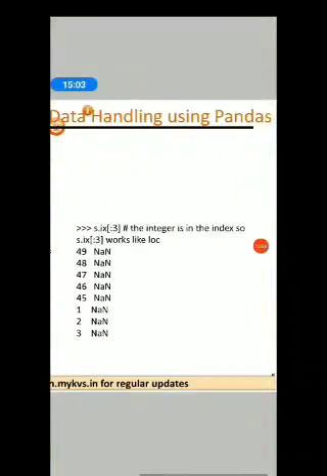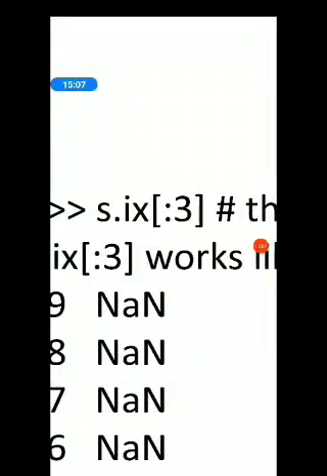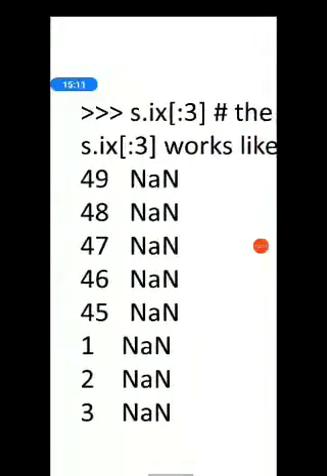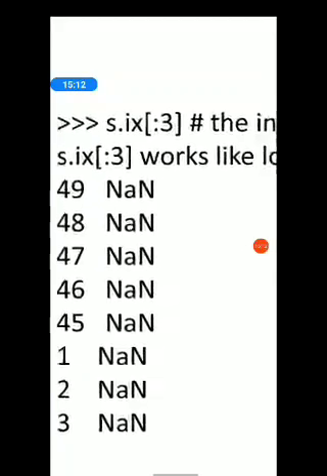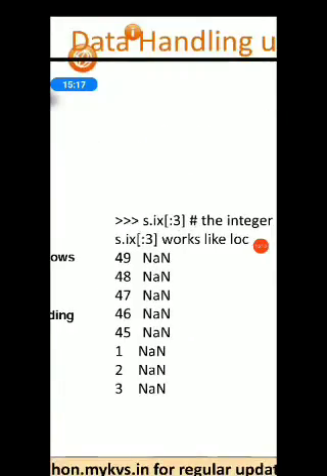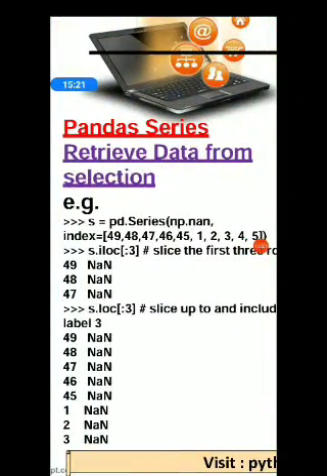And here ix is also shown. If you give s.ix[:3], it is the same as the LOC function, works just like LOC, but LOC and ILOC are preferred over IX notation.